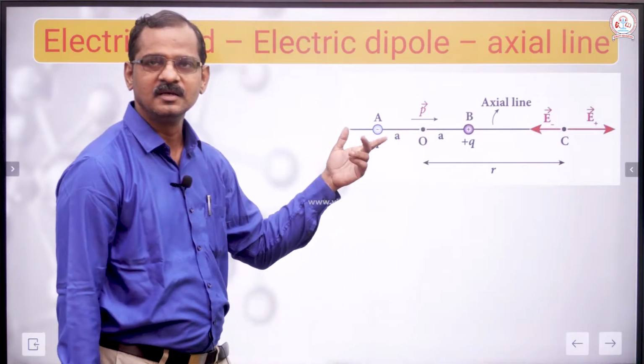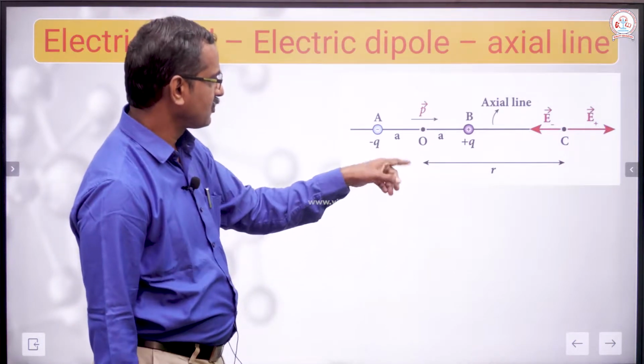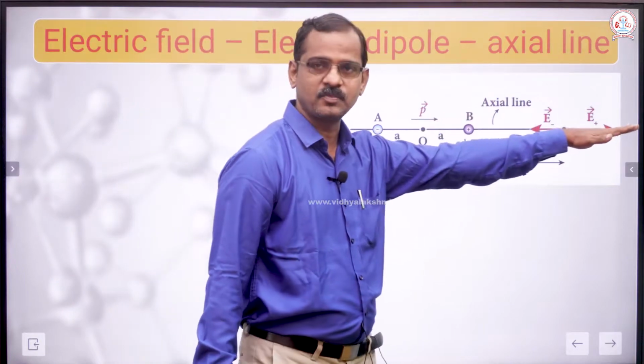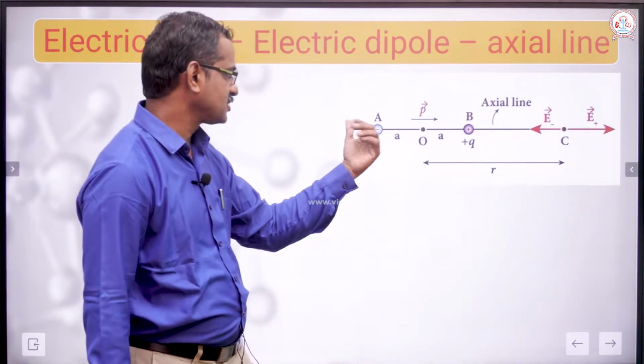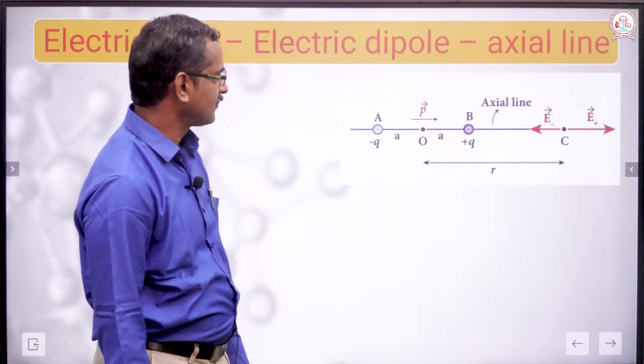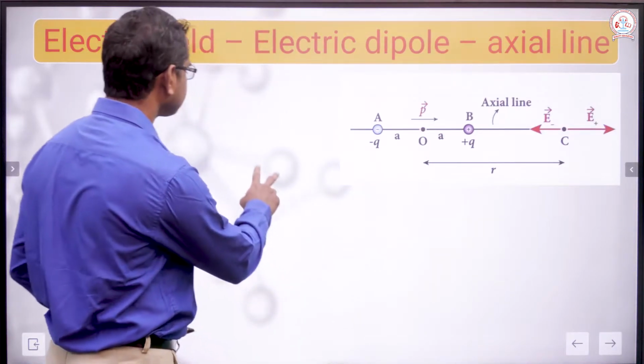You just recall the electric field definition. You can also consider the properties of lines of force: for a positive charge, force lines start at the positive charge and go away, whereas for a negative charge, the force lines terminate at the negative charge. In that way also you can consider.